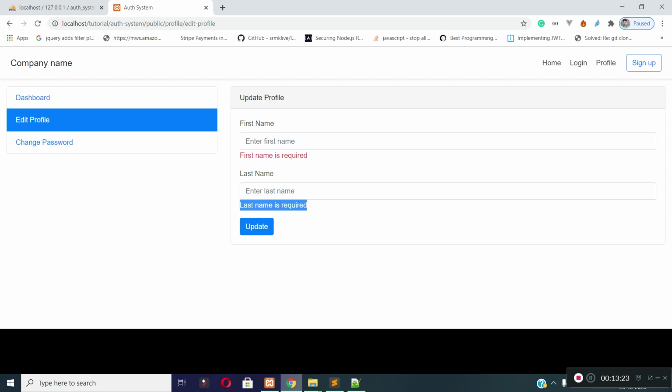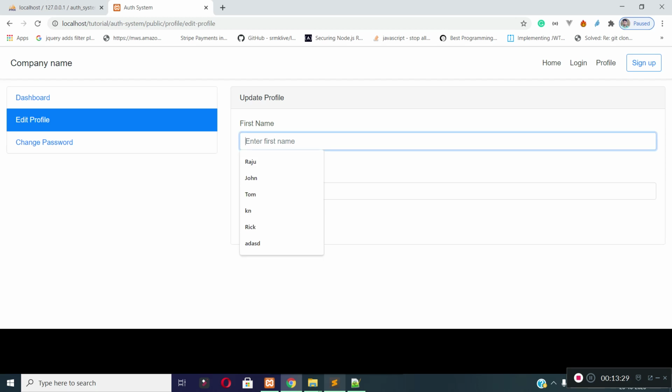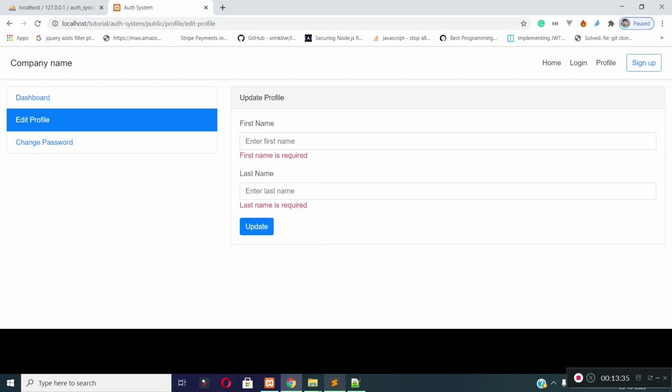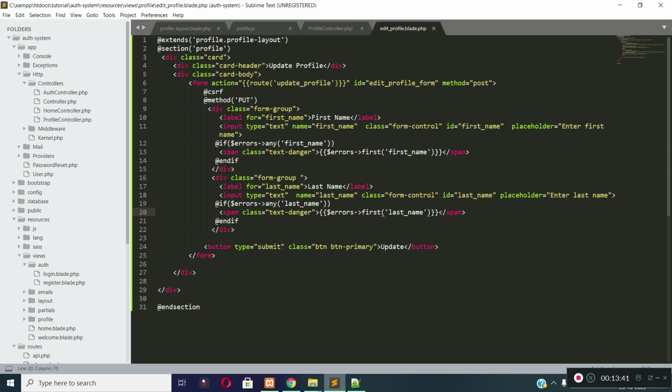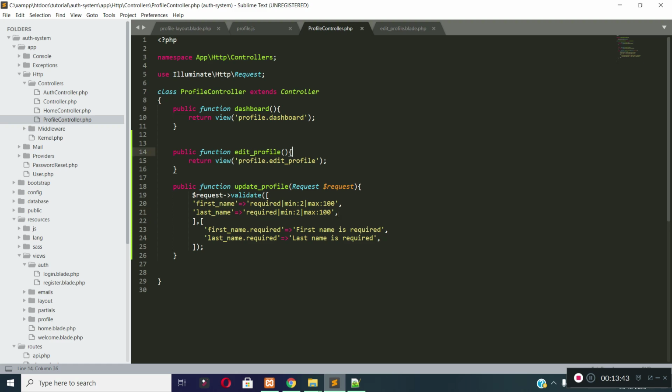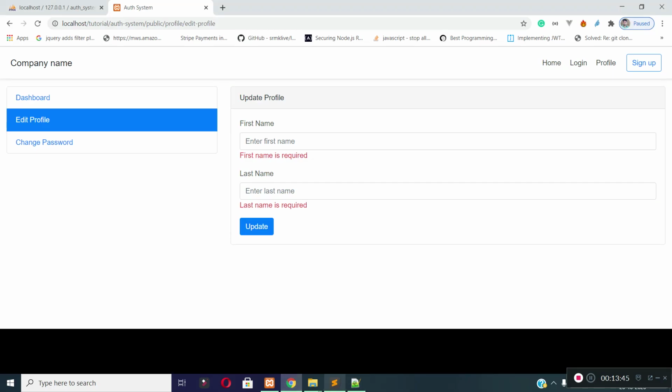Now I need to populate the user's data, because we need to give a value to this input field from the logged in user's data. Okay, so first of all let's pass the logged in user data to this view page.